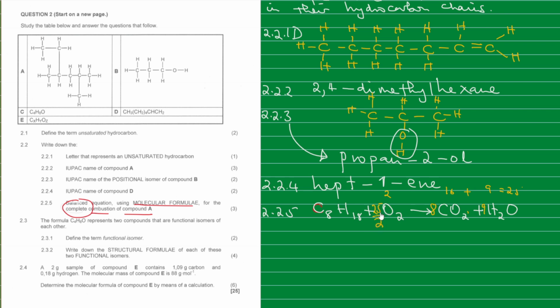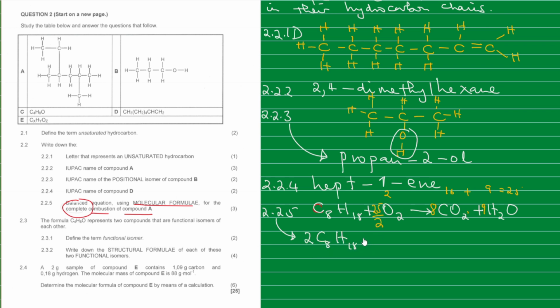But now we are not allowed to write a decimal number as a coefficient. So what do we do? We eliminate the 2 by multiplying throughout all the molecular formulas. We multiply them by the 2. So meaning now I'm ready to write my final answer. This is just like working rough work there. So my final answer to that will be, if I multiply by 2 here, I'm going to have